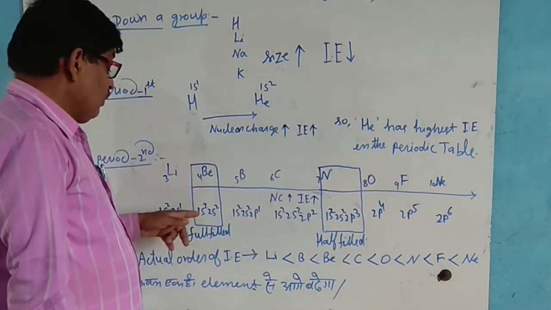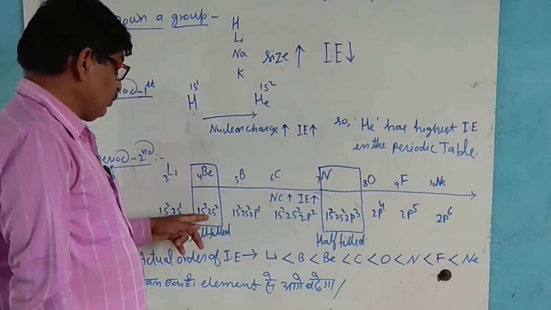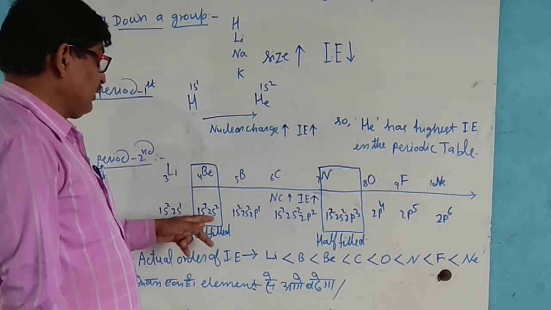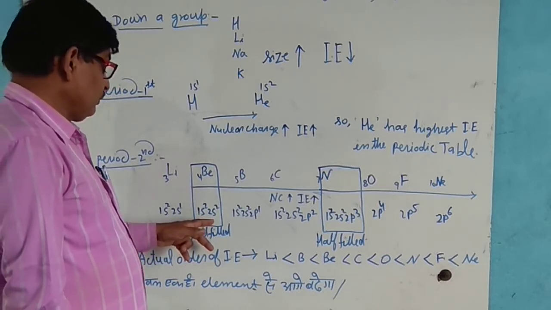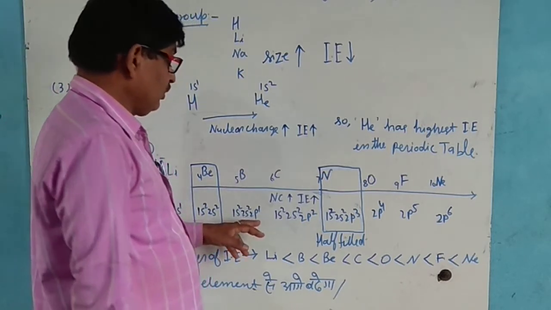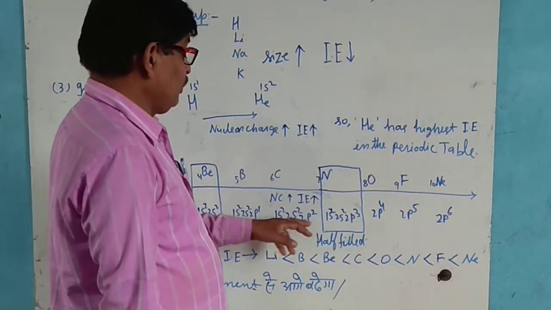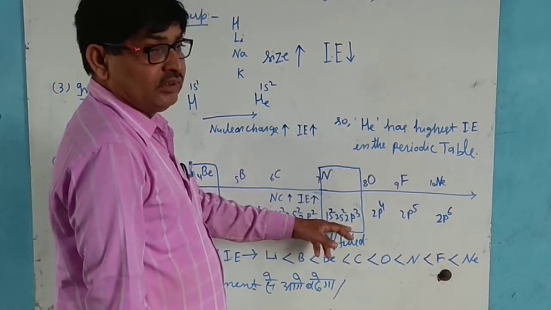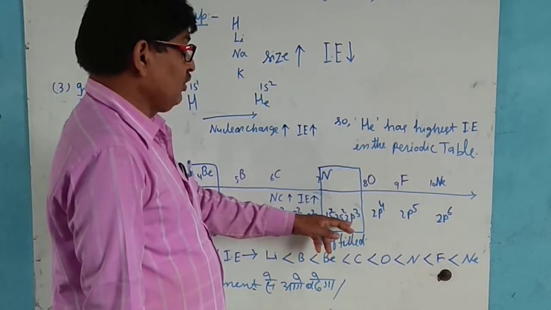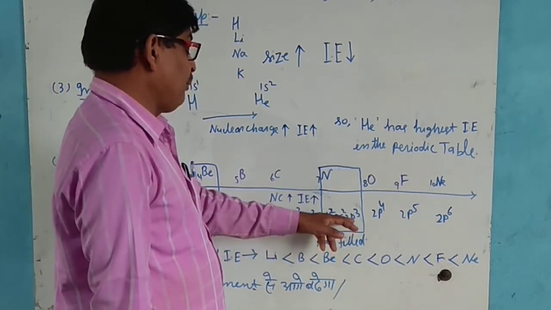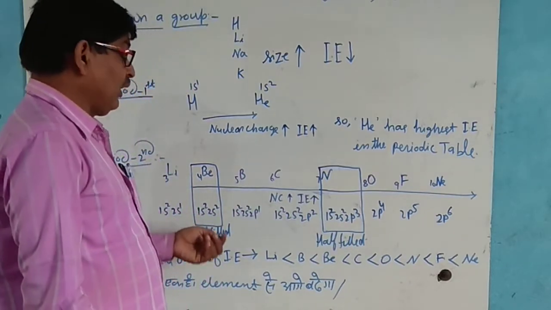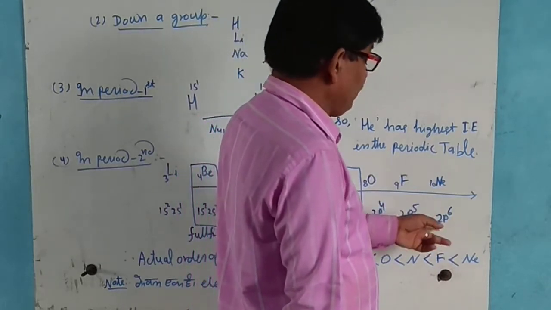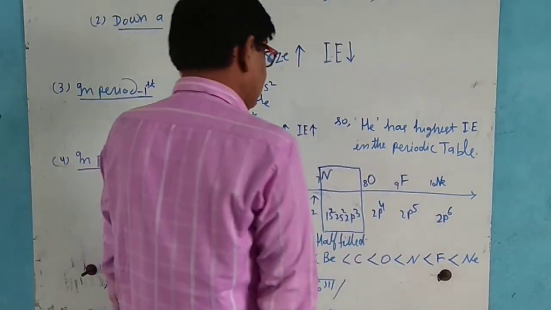Here 1s2 and 2s2 is a fully filled orbital. In this case, 2p3 is half filled because p has capacity for 6 electrons, so this is a half-filled orbital, this is a fully filled orbital, and this is also a fully filled orbital, so